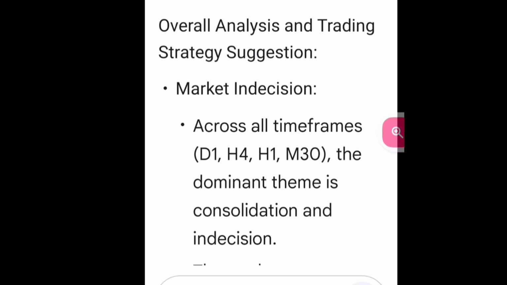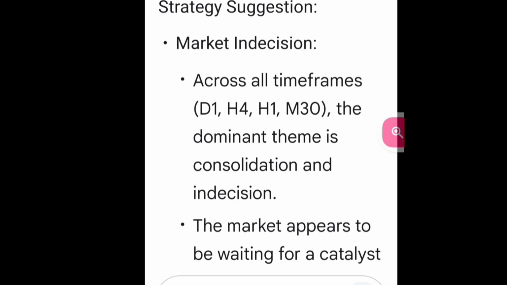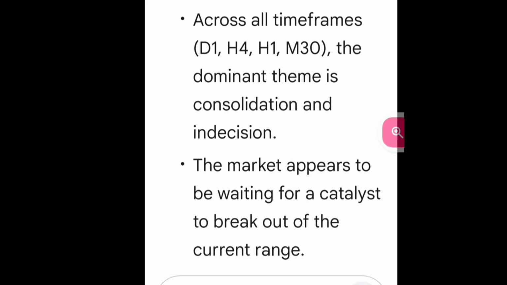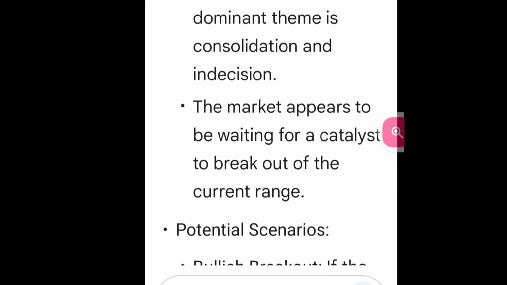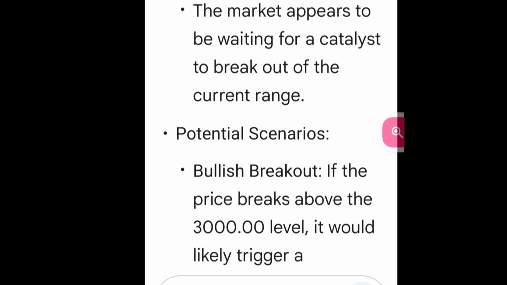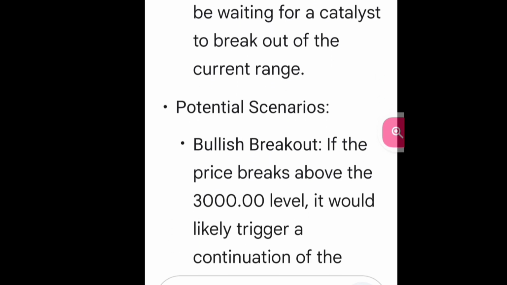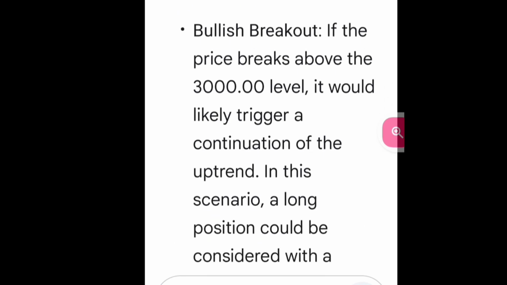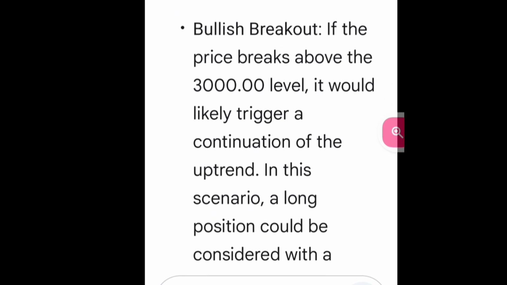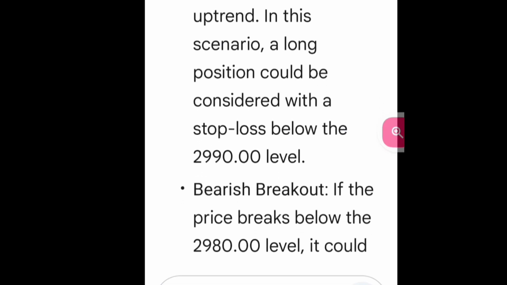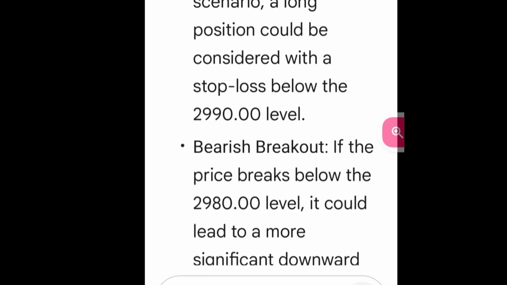Market indecision. Across all time frames D1, H4, H1, M30, the dominant theme is consolidation and indecision. The market appears to be waiting for a catalyst to break out of the current range. Potential scenarios. Bullish breakout. If the price breaks above the 3,000.00 level, it would likely trigger a continuation of the uptrend. In this scenario, a long position could be considered with a stop loss below the